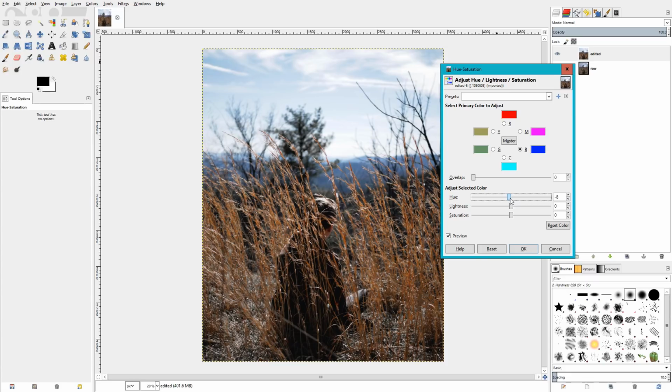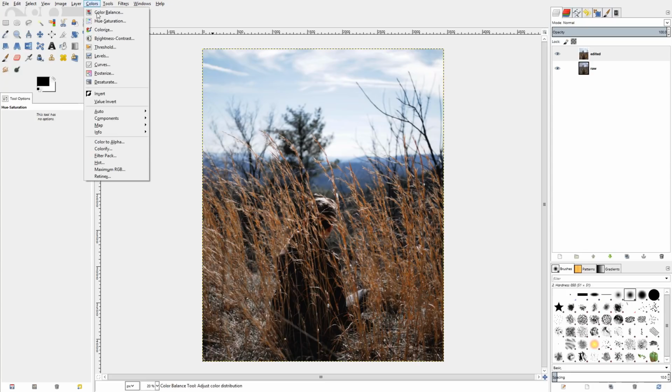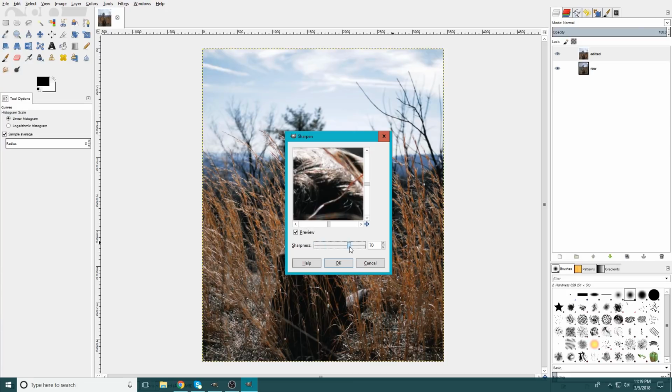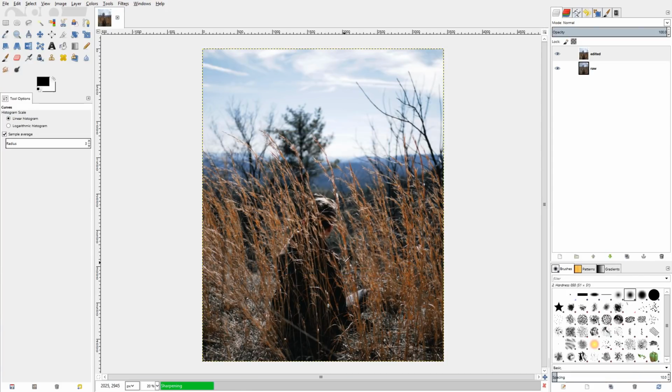A lot of his photos push that teal and orange look even more by having kind of that teal cast throughout the shadows. To recreate this, just add another curves adjustment to your image, go into the red channel, and remove a bit of red from the shadows. When you remove red from the image, you're basically adding cyan or teal. Finally, just add a bit of sharpening to the image, and hopefully you've successfully recreated that orange and gray Matt